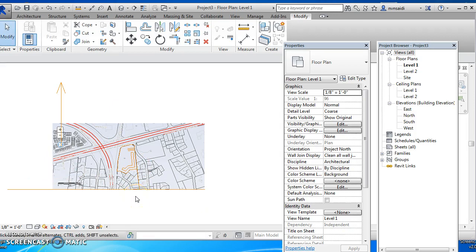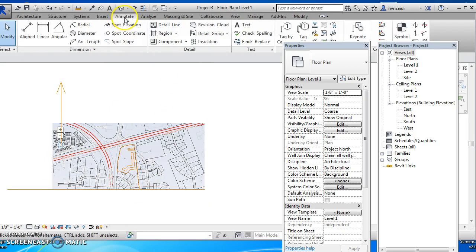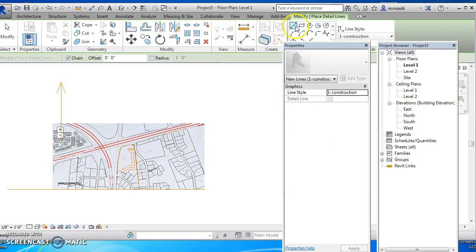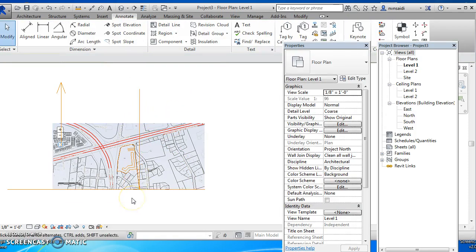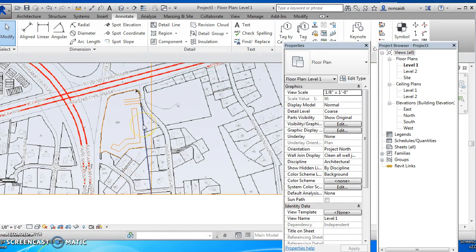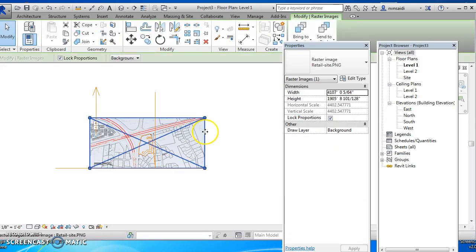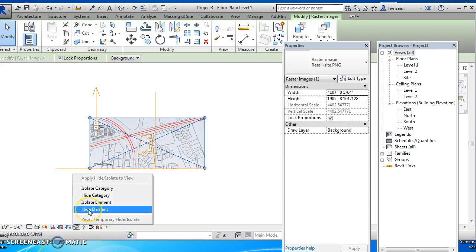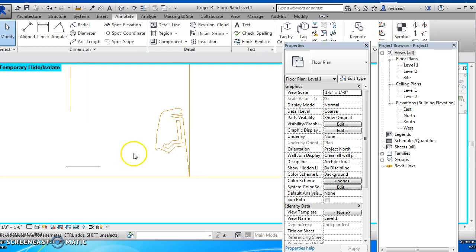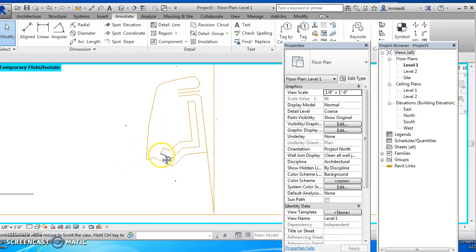Alrighty. So now what I like to do is go to Annotate, draw a line from this junction straight up. Remember, you're supposed to get the dashed line. Now this is my X and Y axis. The new rotation would make this X and Y. So I would like this line to be rotated to be aligned with this line. Alright. So what I'm going to do is first turn off my image, separately do it, hide element. Now very carefully, without grabbing onto my views,